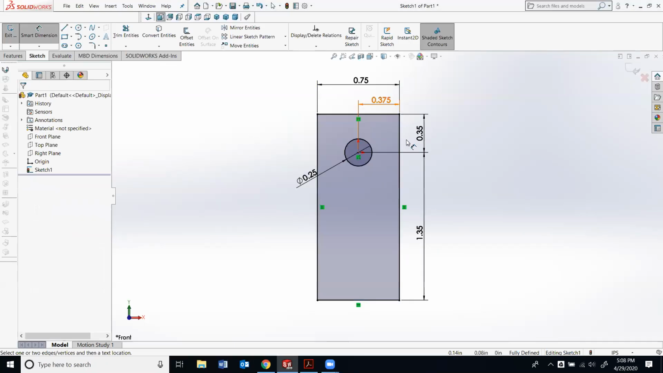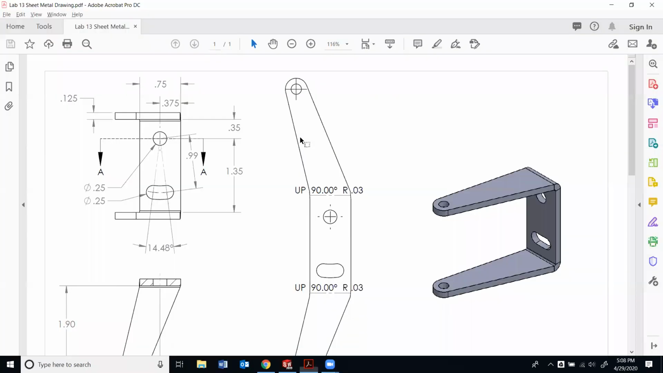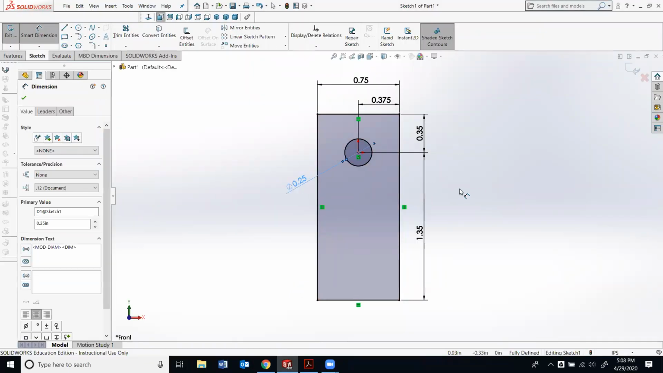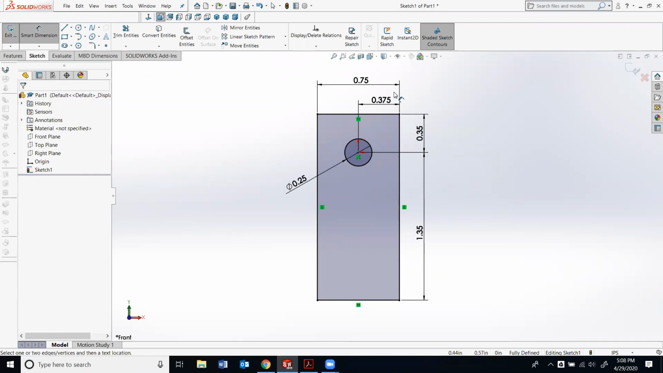And it doesn't matter if your dimensions are sideways or horizontal. All right, so make sure you have all 5 dimensions. All right, next we want to